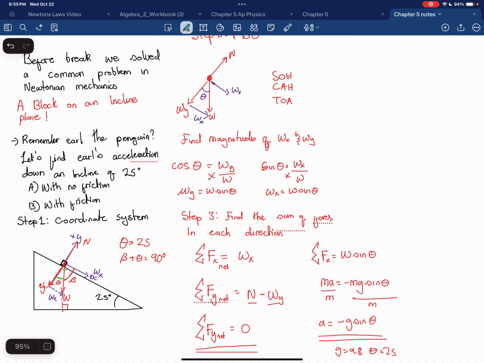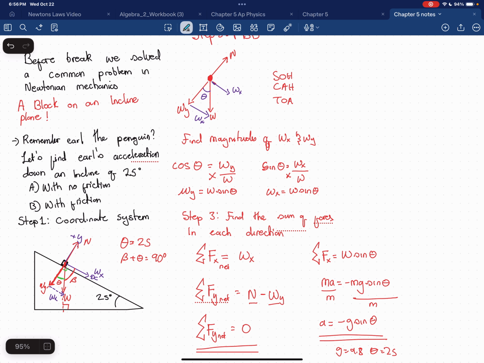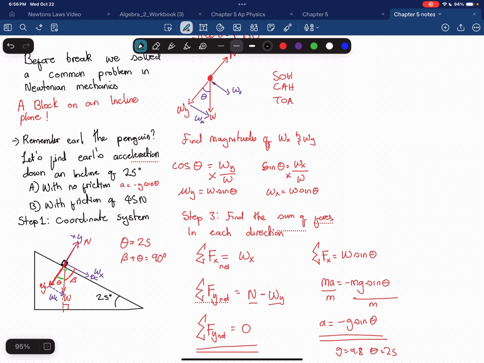But now let's think about friction. Without friction, our acceleration, I'm just going to put, a is equal to minus g sine theta. But now with friction, let's see. I forgot to tell you what the friction is. Friction of 45 newtons. So let's see, I'll just put a line there and say with friction,